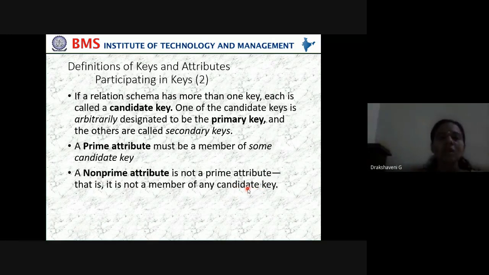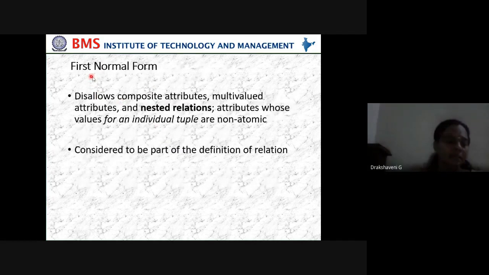Meaning, I have a candidate key. What is the candidate key in a student table? Your USN and name is a candidate key. Out of these two, if I say name, then I call it a prime attribute. Other than that, whatever data you have in the student table, maybe your marks, your total marks, your subject code, any other things, then we call it a non-prime attribute. You should know the meaning of these keywords so that as we go further, it should be clear for you. Okay. Then we've started with the first normal form.